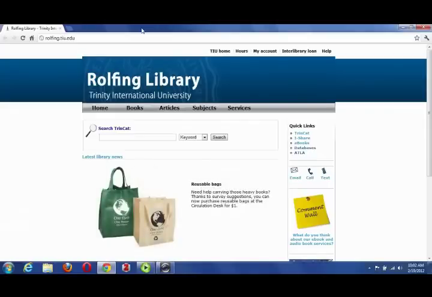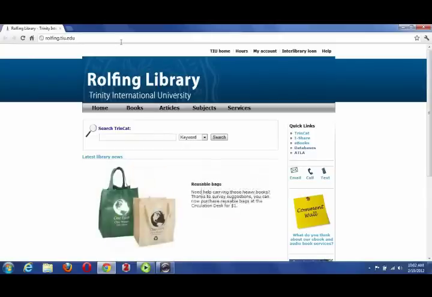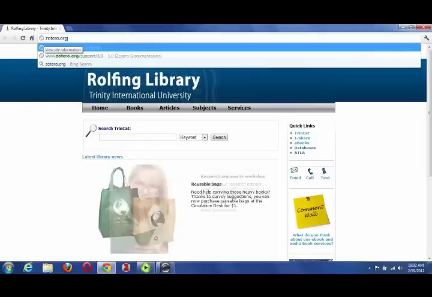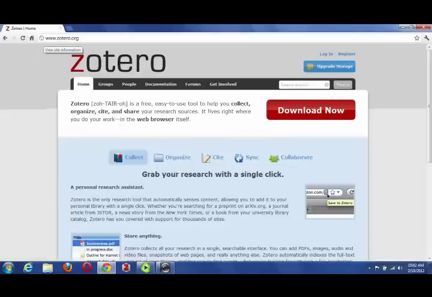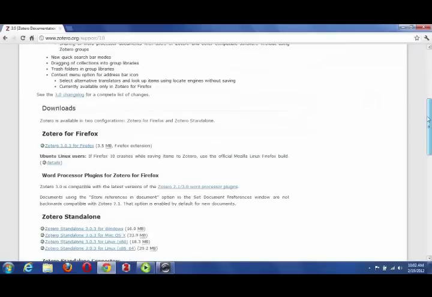So we're going to begin by installing the Zotero connector for Chrome and also the word processor plugin, but we'll show you how easily that works. So we're going to begin by going to Zotero.org, and then we're going to click on the Download Now button, and we're going to come down